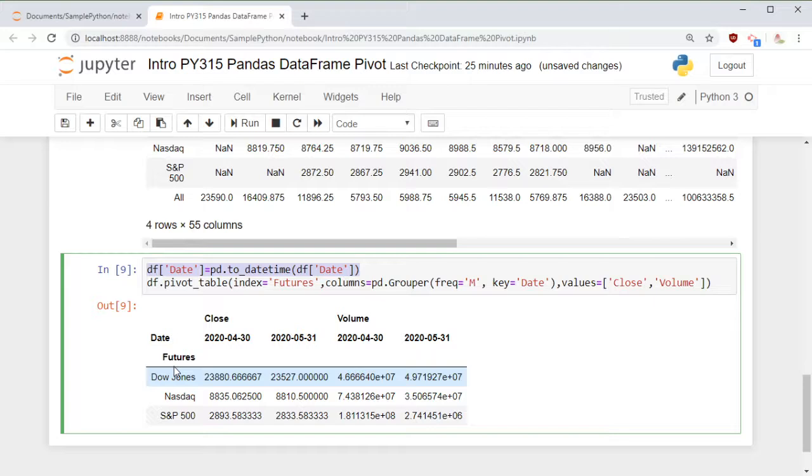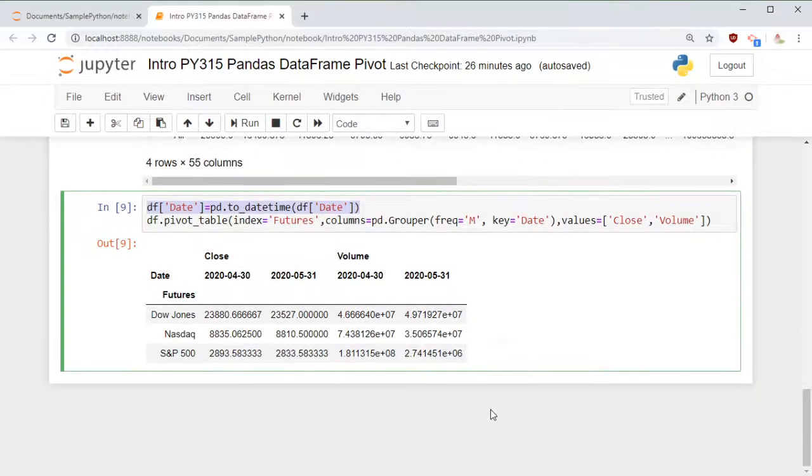So you have to convert the data frame date column to a timestamp and save it in the same data frame. Basically, I am replacing the date string with a date timestamp, and then I am executing this method, pivot table, passing the index, the column, and the values. When I execute, I get this output.